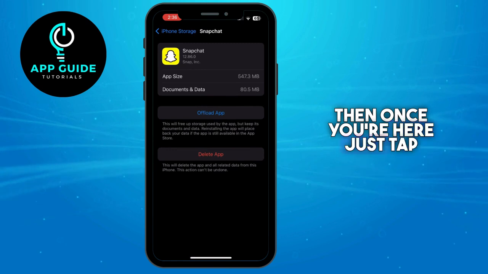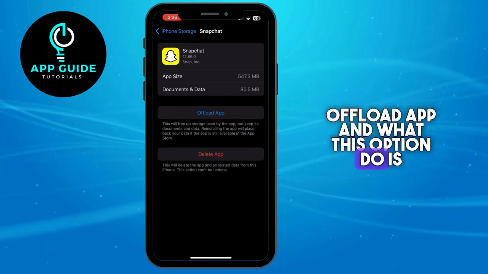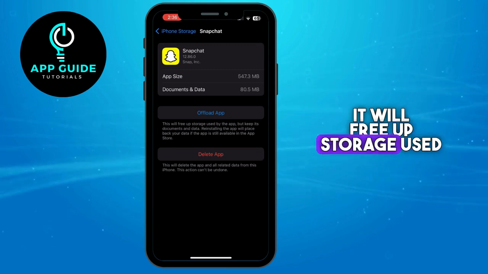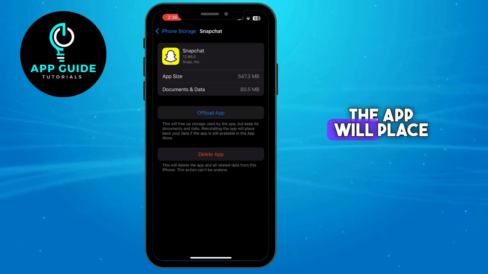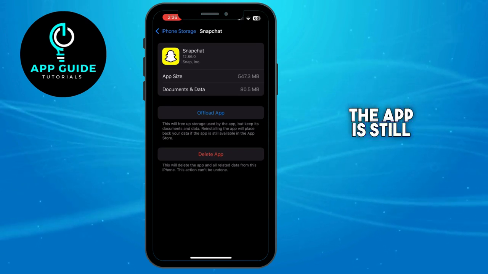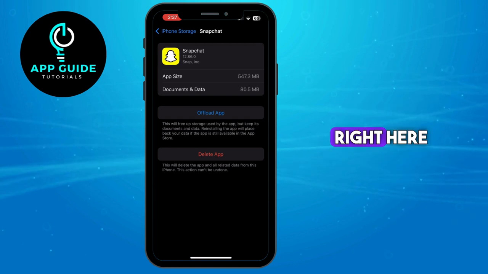Then once you're here, just tap on the Offload app, and what this option does is it will free up storage used by the app but keep its documents and data. Reinstalling the app will place back your data if the app is still available in the App Store. So just tap on Offload app right here